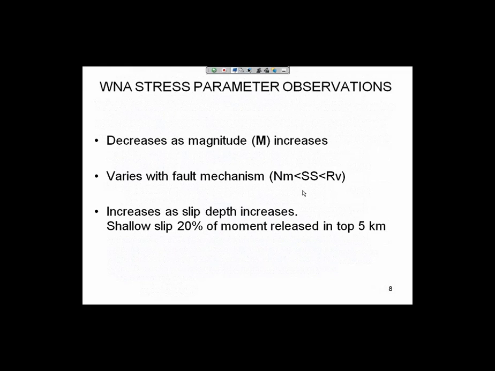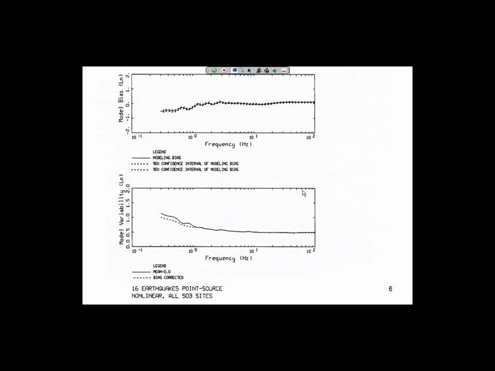Let's go back to some of the earlier validation part. And so point source. We're going to start with the point source model. And so we can start with sort of this. This is the way that we've been doing validations in the past, right? So many of you know over the last 20 years probably, we've been looking at model bias. Yesterday we talked a little bit about other parameters we may want to use for validating models, but for the point source stochastic model, fundamentally you're not producing a duration, you use a duration, so we're not going to have those other kinds of parameters.